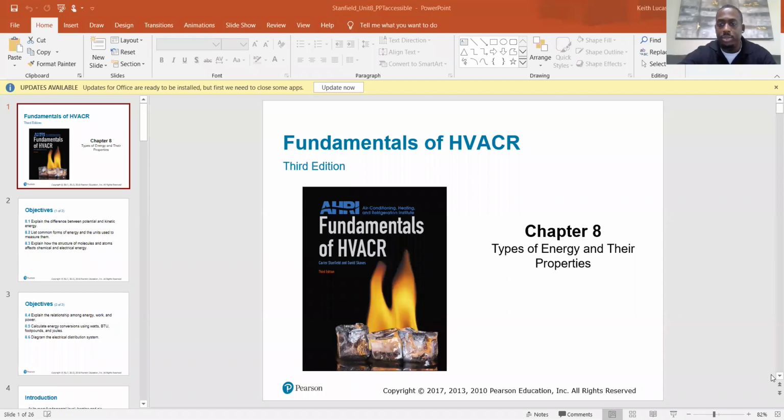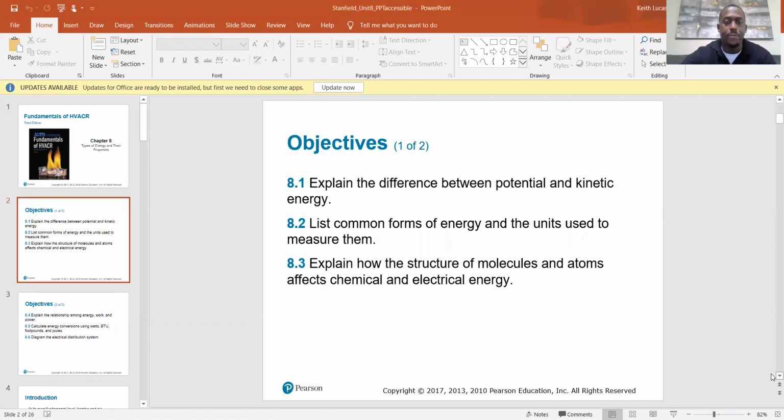Morning, HVAC team. So today we are starting chapter 8, which is types of energy and their properties. The objectives are explain the difference between potential and kinetic energy, list common forms of energy and the units used